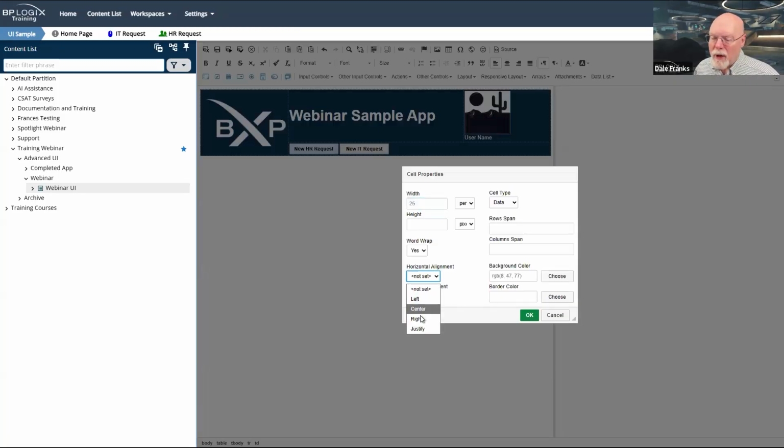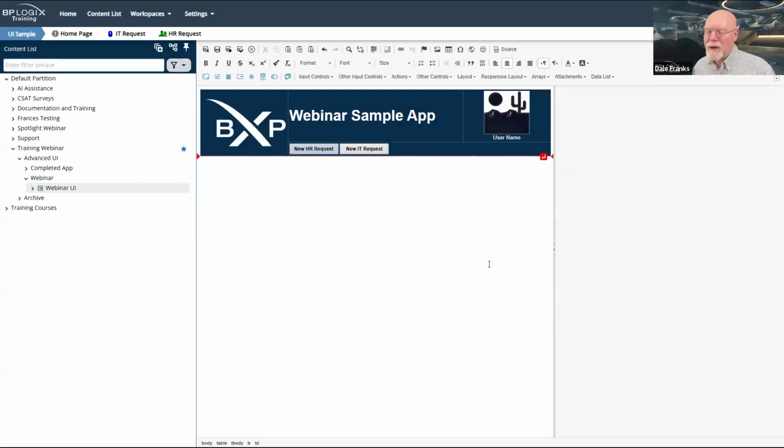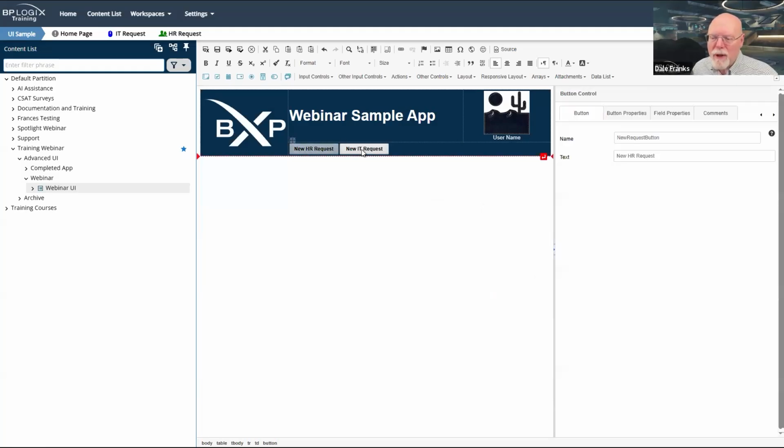What I probably want to do is set this horizontal alignment to center and set the vertical alignment to middle, just to make sure that everything appears in the middle of that table cell. Well, in the middle vertically and centered horizontally in that table cell.